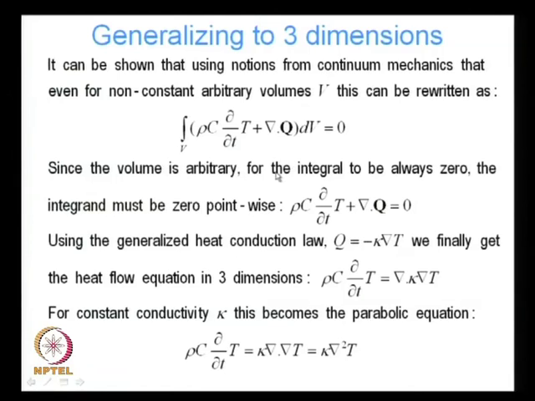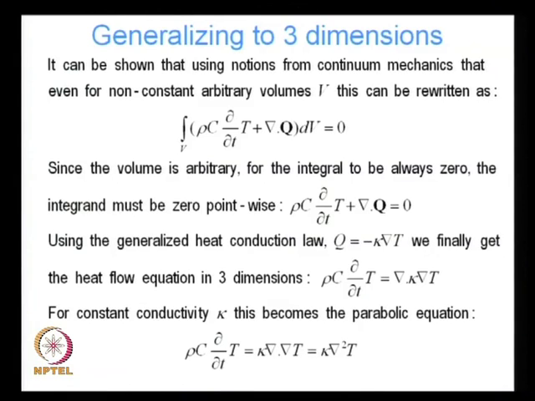And since this is true for all arbitrary volumes, I can make my volume go to a point, and it has got to be true there. I can do that for every volume centered around every point in my domain. In order to satisfy this equation, the integrand must be 0 pointwise. So, rho c del T by del t plus divergence of Q has got to be 0 at every point in my domain, and thus we get back